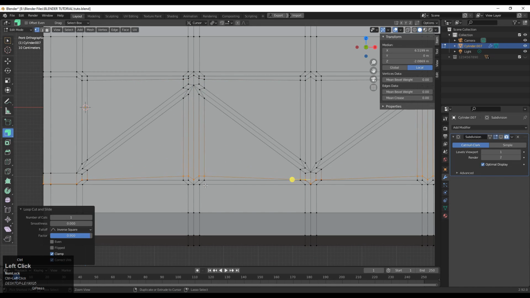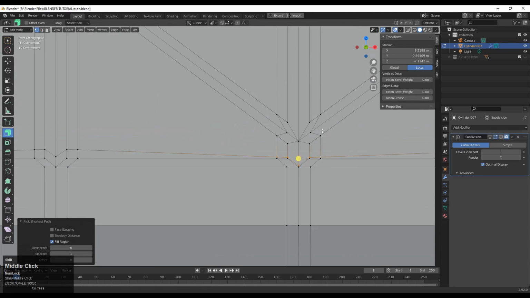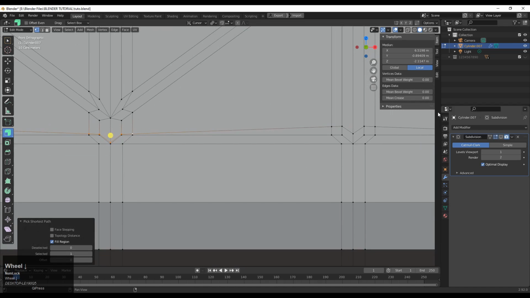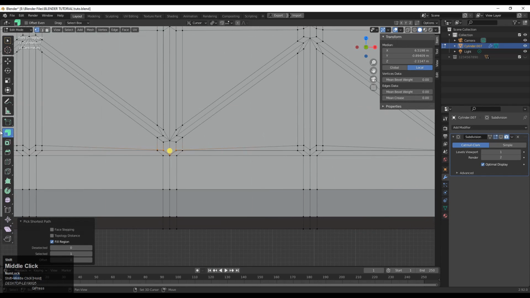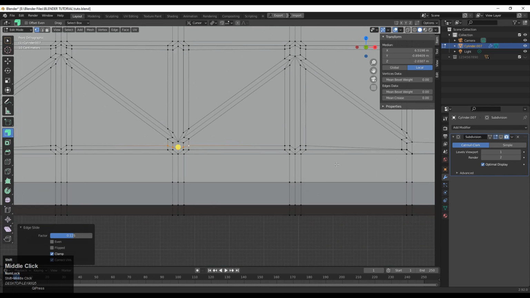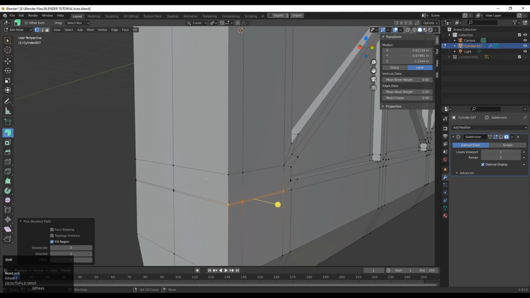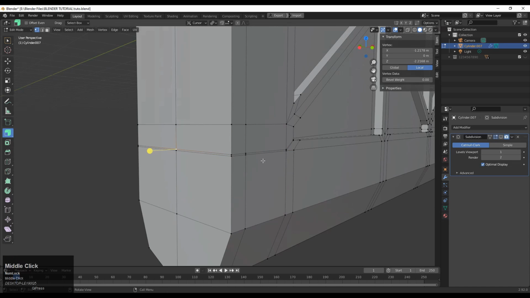And you can keep a little bit of distance in between these edges, because when we add loop cuts too close to each other and we use the subdivision surface modifier, we get a weird result because the edges overlap each other and those faces also, and so that's why we get the clingy effect. So you should keep in mind that you shouldn't add loop cuts too close to each other.